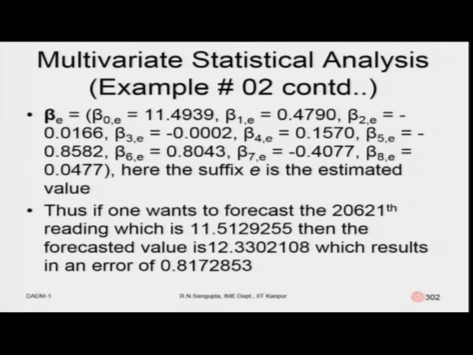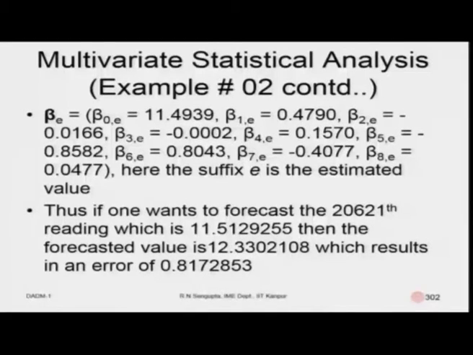Beta naught is the coordinate at which the straight line of the linear regression best fit cuts the y axis. Obviously, in the multi-dimensional case it would be a plane, not a line, which is a hyperplane, because it is easy to understand in the 3 dimension case, but maybe a little difficult to understand in higher dimensions.